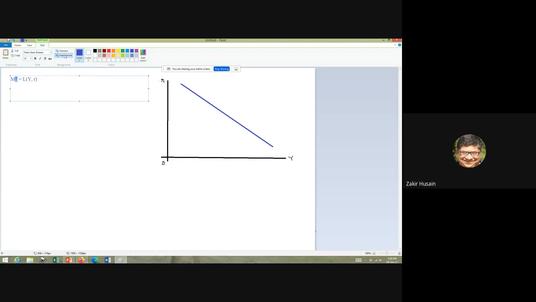Sorry, over here I've made a mistake. This should be, so this is the M and this is R. So we don't have Y over here. That means when we are drawing a money demand function,